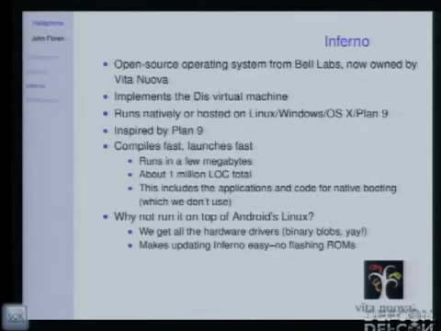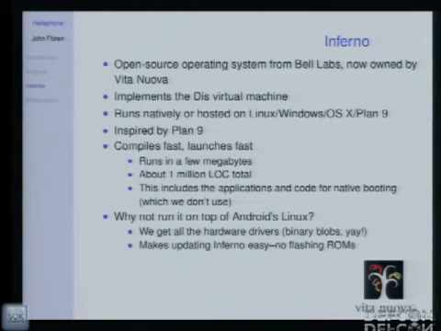So we thought, okay, what can we do with this Linux platform we've got here? And we looked, and some of us at work are a fan of the work of Bell Labs, like Plan 9 and Inferno. And we said Inferno might be a really good fit. So Inferno is this open source operating system written at Bell Labs back in the 90s. It's been maintained since then. Currently it is owned by Vita Nuova, which is a British company.